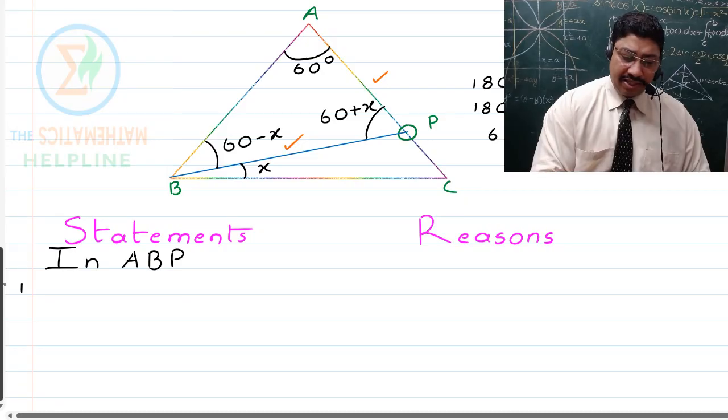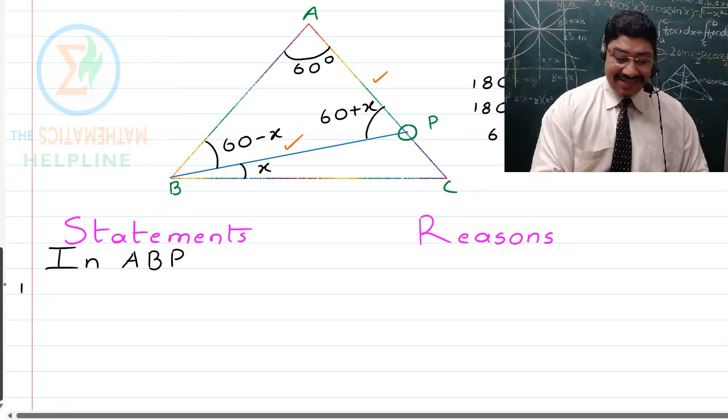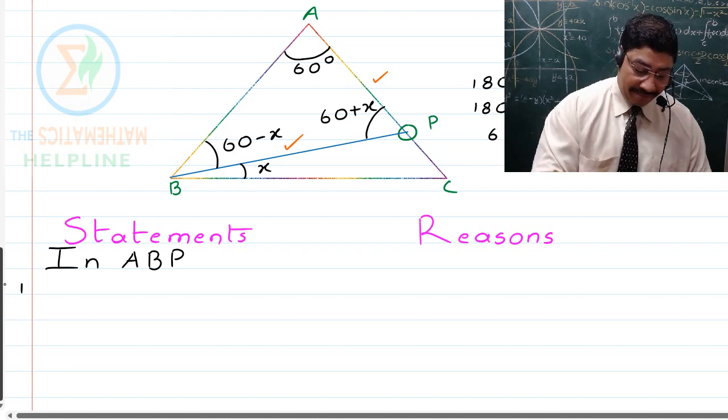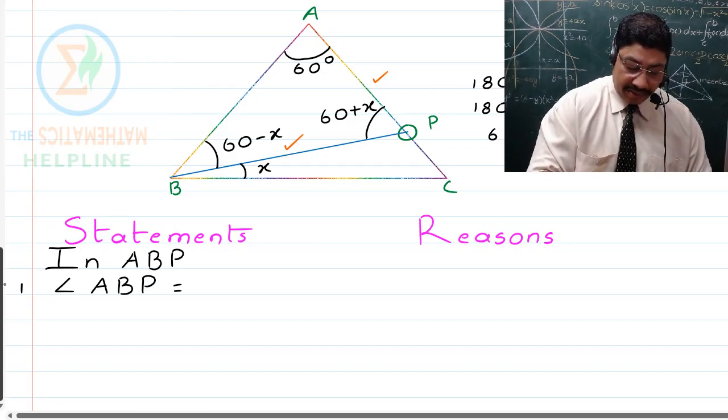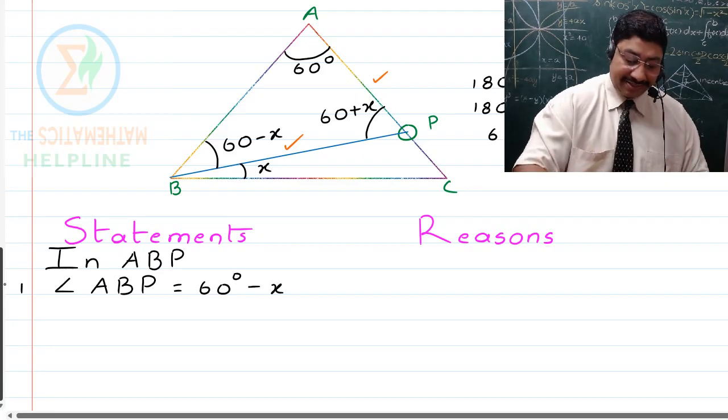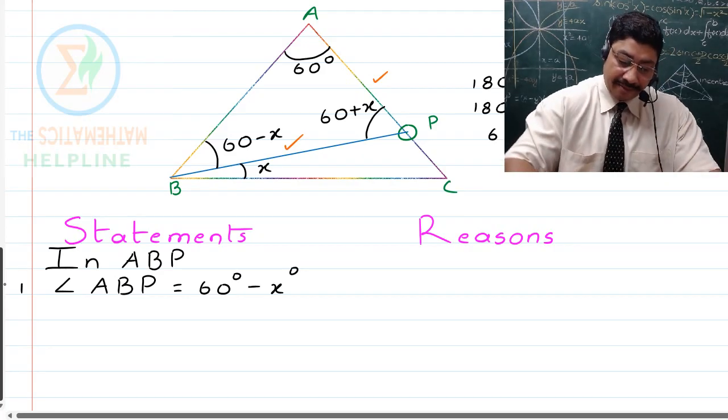So the first point is, you will say that angle ABP is 60 degree minus X degree, and the reason is, you will say